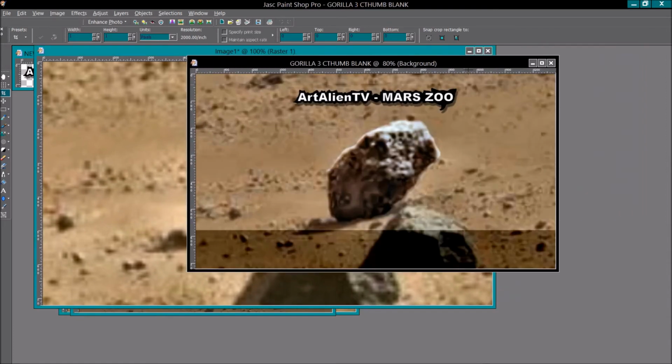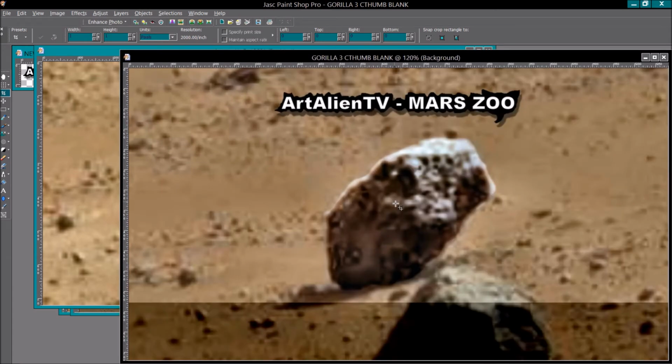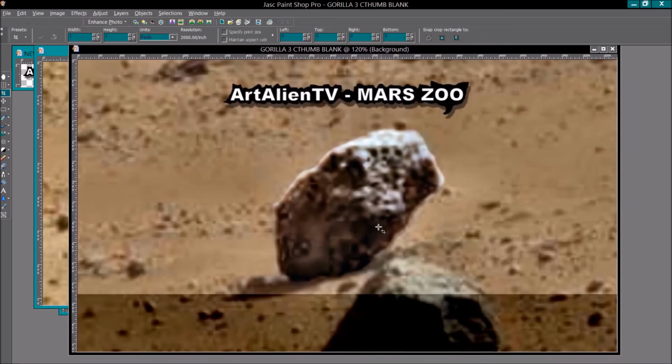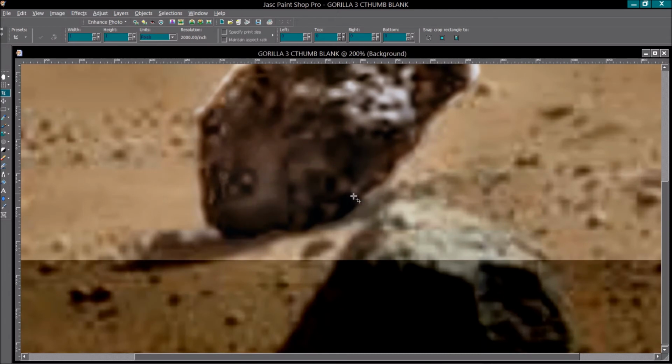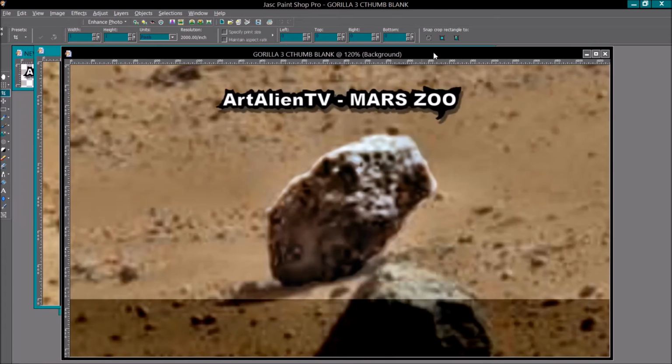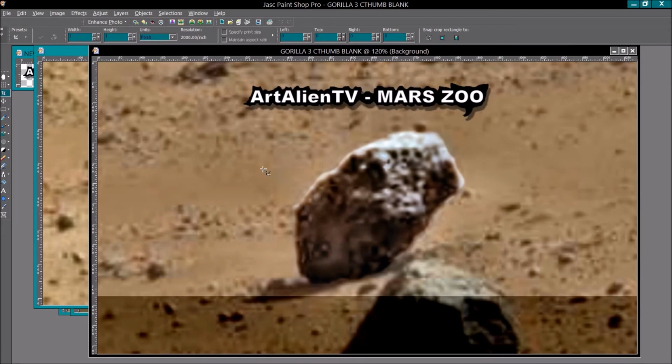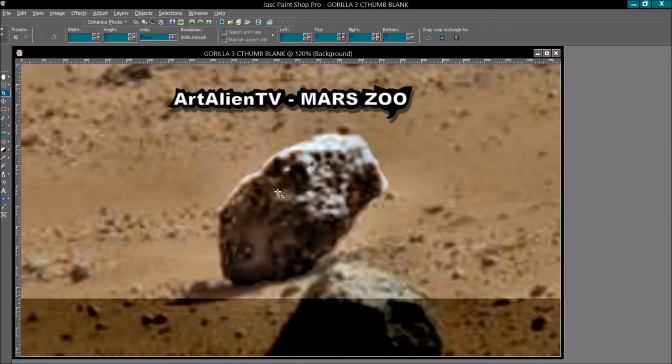Here's the enhanced version. This will end up on the cover. You can see here I've drawn around it. I've done my usual stuff. I've drawn around it, selected the object, brightened it right up, and gone in with a bit of contrast and sharpened it. Not a great image this, because you can see where some of these squares are from where the image was resized by NASA. You can see a lot of these blocky squares in the image,